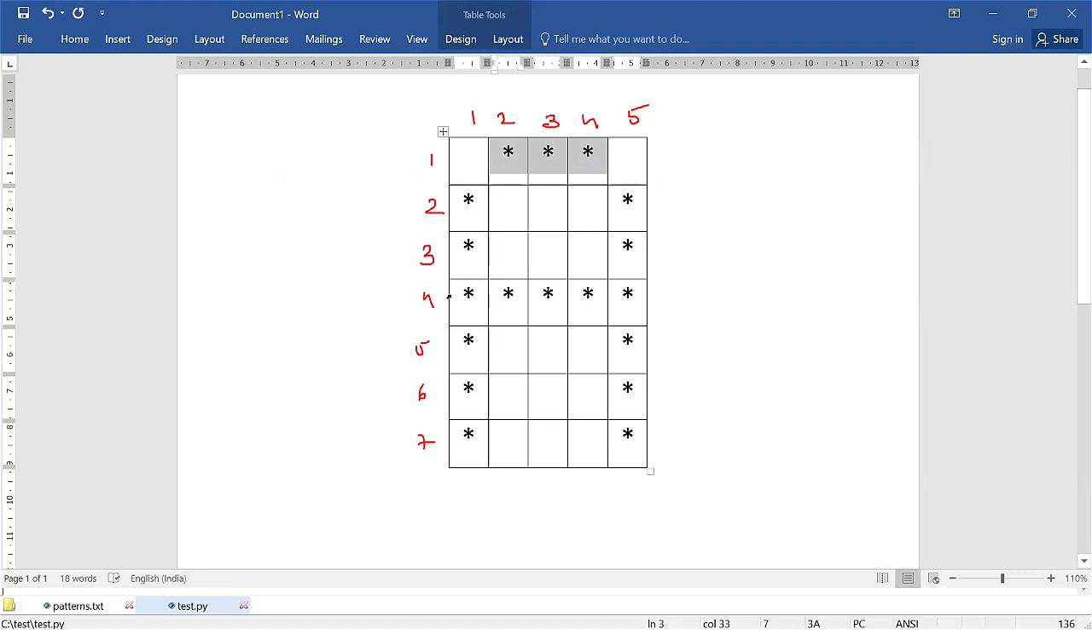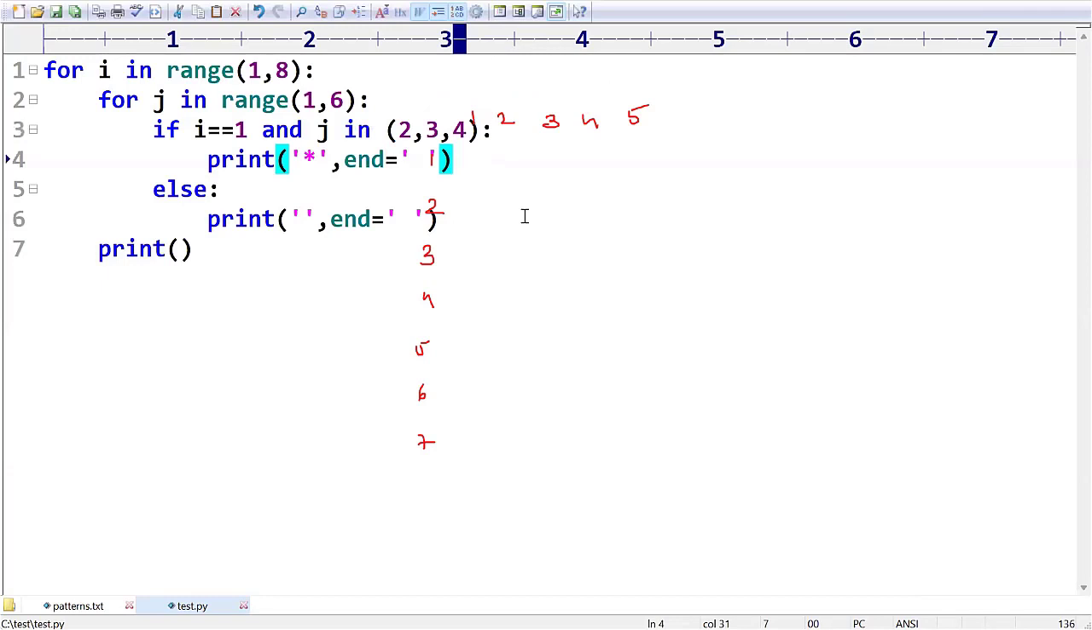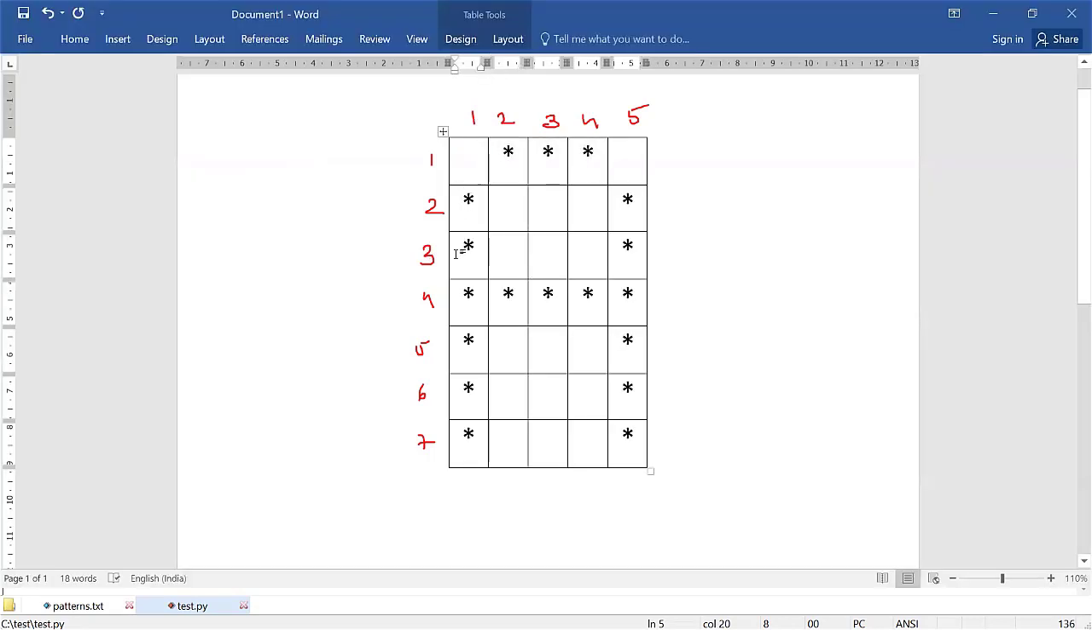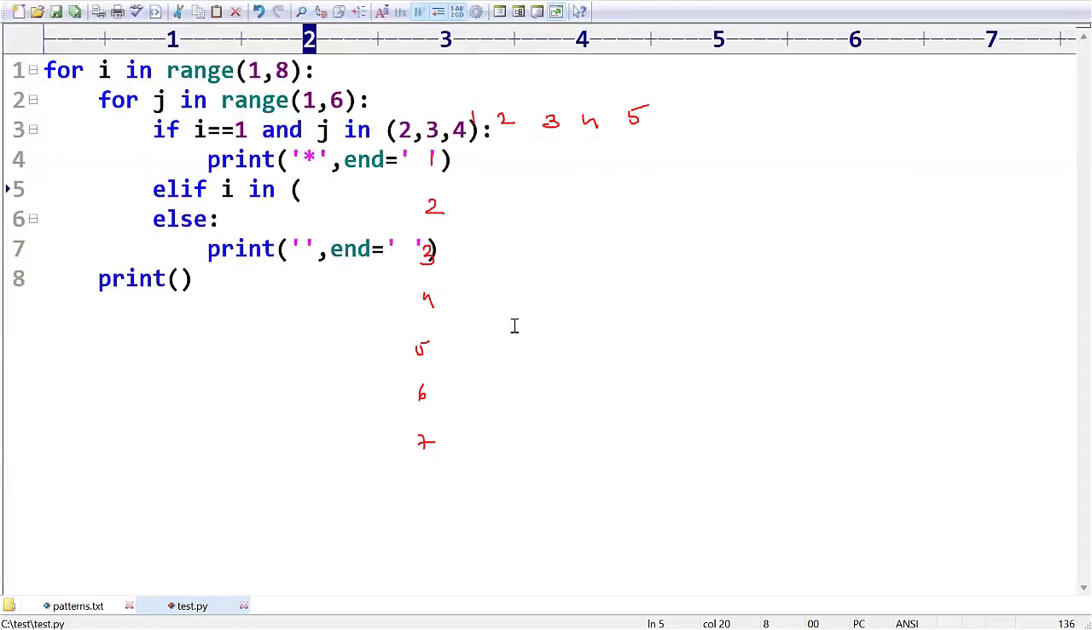In the remaining rows, as usual, I want all the stars. Sir, how are you going to do it? Elif, if your i value is in 2, 3, 4, 5, 6, 7. Okay, 2, 3, 4, 5, 6, 7. If your i value is in 2, 3, 4, 5, 6, 7, then at the same time, your j